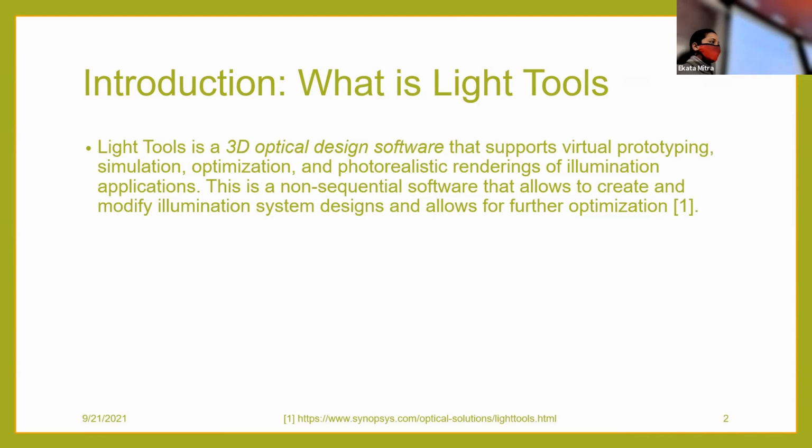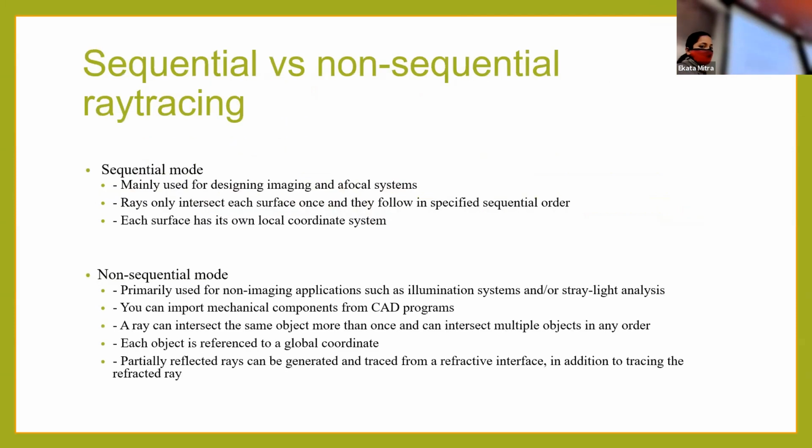But here you can import things, and there is an opportunity to have non-sequential ray tracing, which is very unusual in Code 5. You can do it, but it's a bit more difficult in Code 5. So what is sequential and non-sequential ray tracing? When rays come from a source and intersect each surface one after another, that is a sequential ray trace.